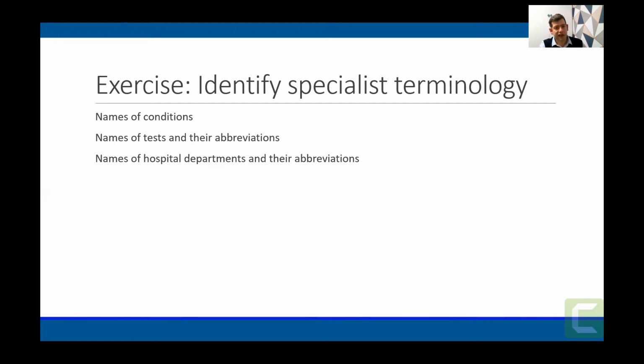So other categories of things: names of hospital departments and their abbreviations. At a GP appointment, for example, the practitioner might say, I'm going to send you to A&E, or to cardiology, or gastroenterology, or neurology, or oncology, or all these different names with ology at the end of them. Names of doctors' specialisms: they will refer to different specialisms by their name, podiatrist, general practitioner, pulmonologist, urologist, things like that. Radiographers.